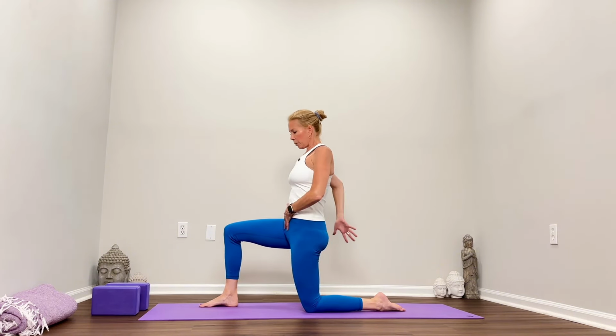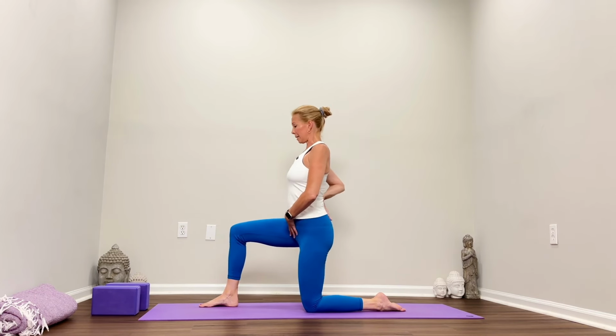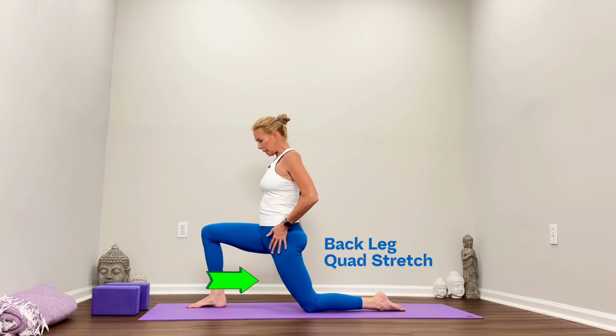Okay, place your palm on your belly, palm on the lower back, doesn't matter which one, and I just want you to feel the pelvic tilt. So tailbone sticking out, tailbone down, and just notice what that's like. Use your palms to help guide it. Okay, now tailbone down, feel that stretch in the left quad, top of the hip. Okay, wiggle the right foot forward just a little bit, sink